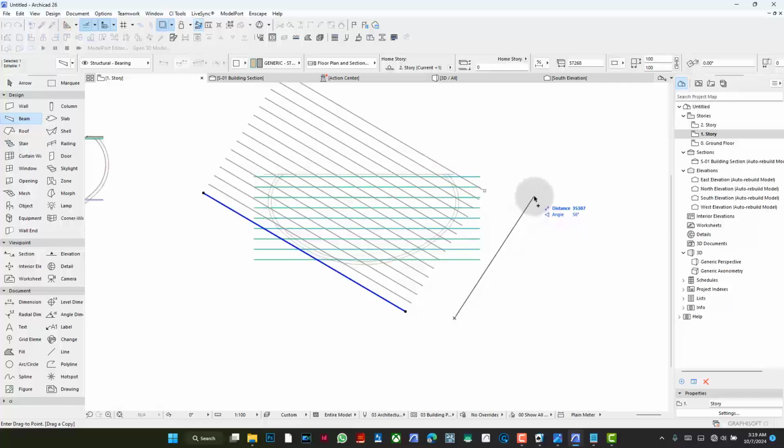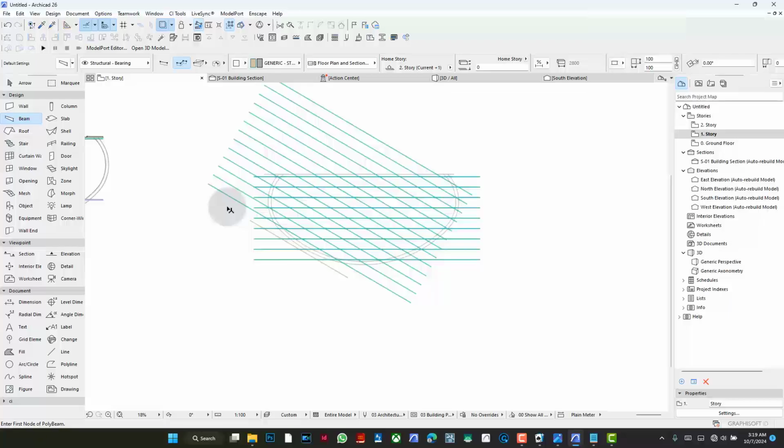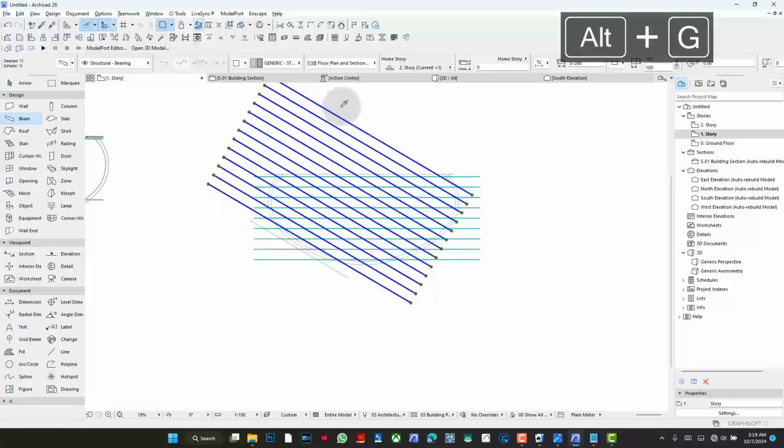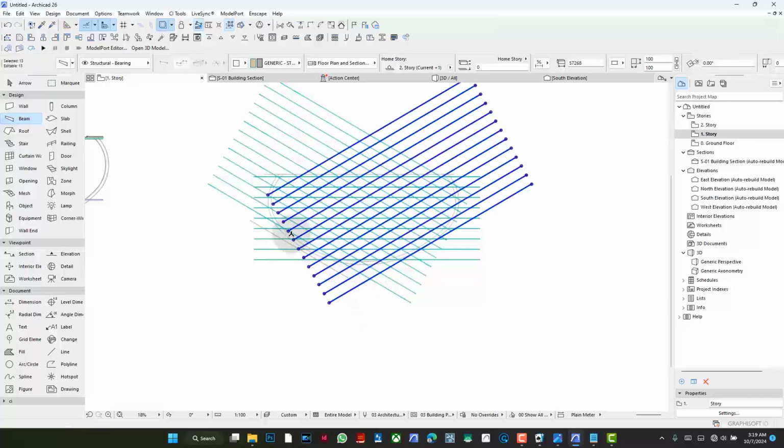So yeah, at this point there's enough. What I need is just to sort out the angle. I think this is the last useful one. So the angle should be 60, and then we have these. I can group them, take away this one, it's not needed, then select this entire group and mirror. Alright, some parts of it are not completely inside, so I have to manually drag them in,